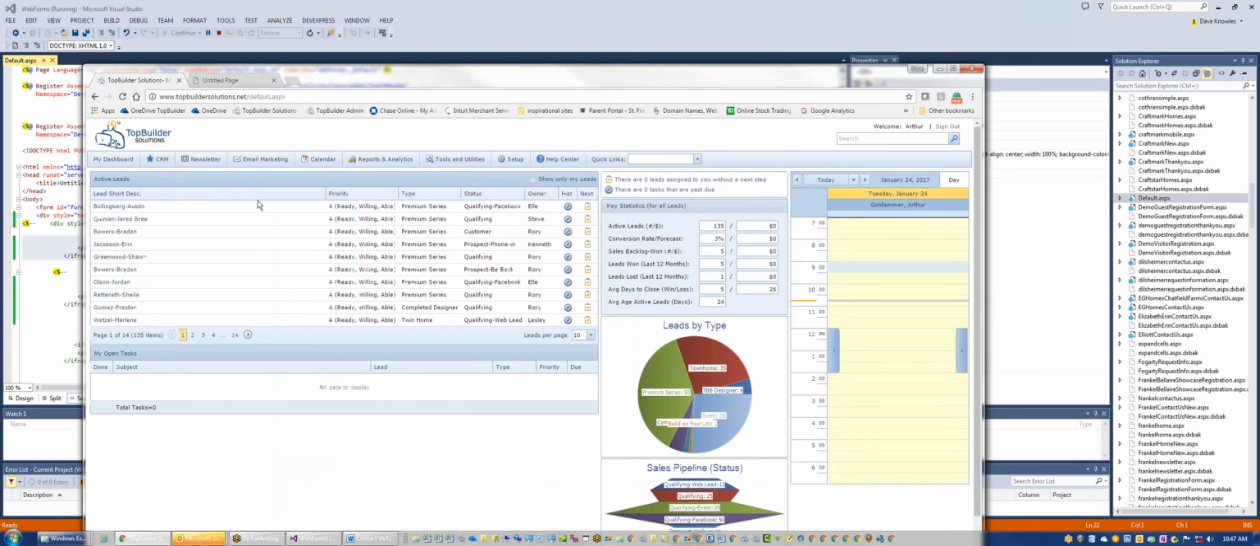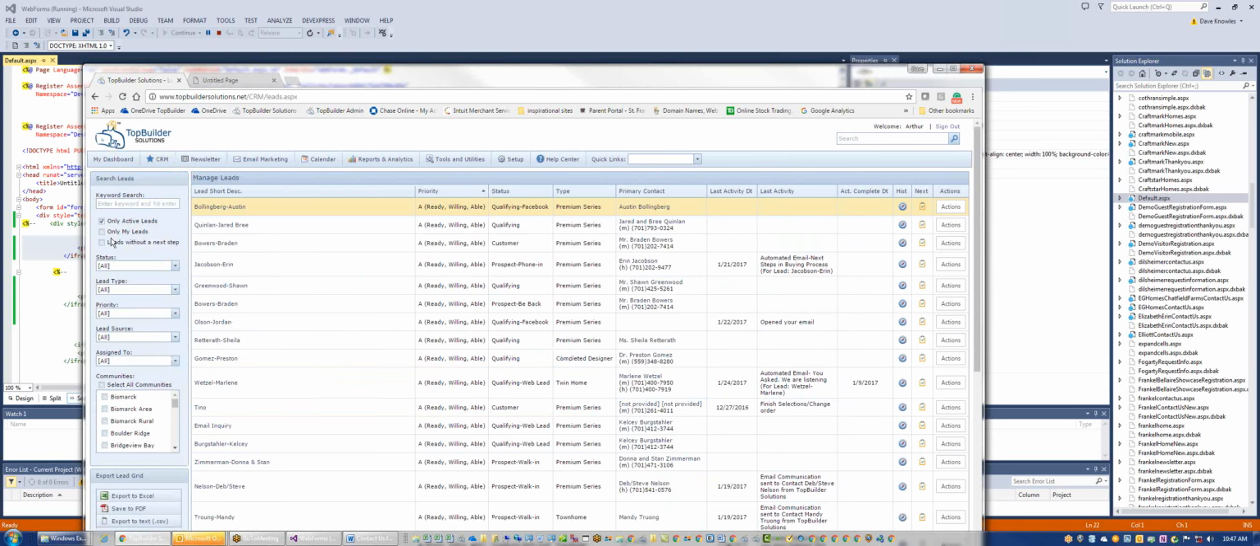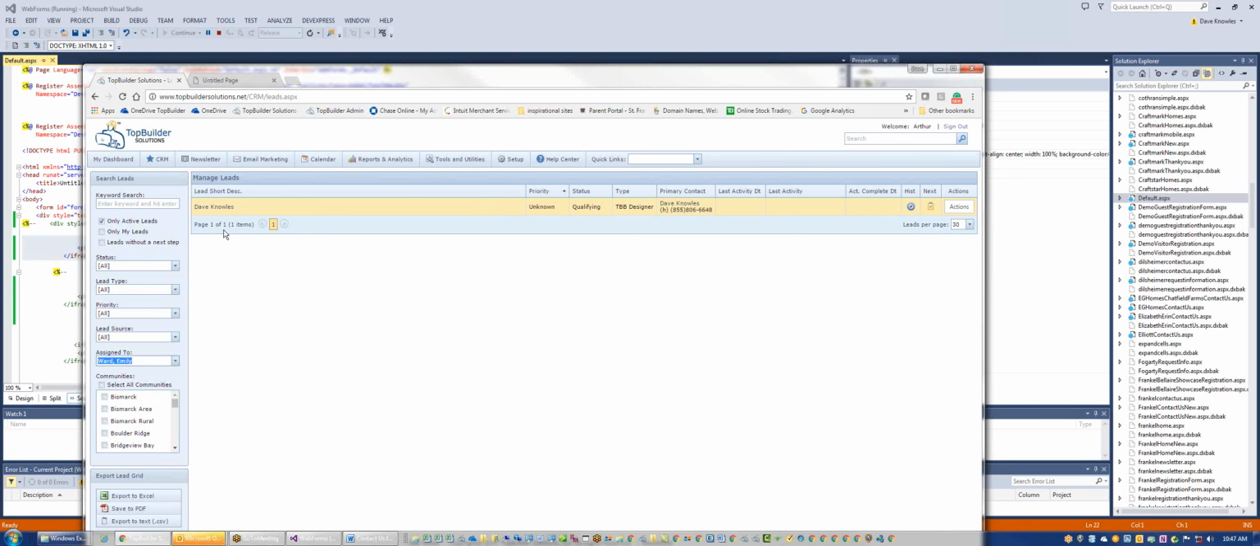Okay, so if I go in here and I log into the dashboard real quick, I should be able to see that lead. Oh, it's sorted by priority, and I remember we put unknown in there. So there it is. There's the lead,